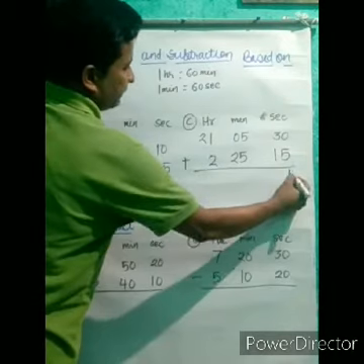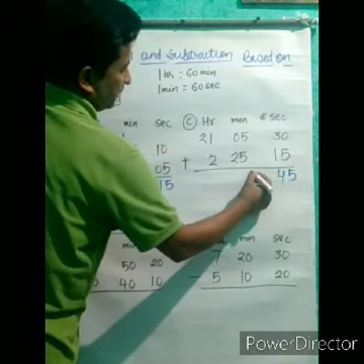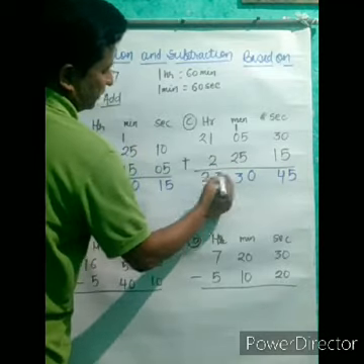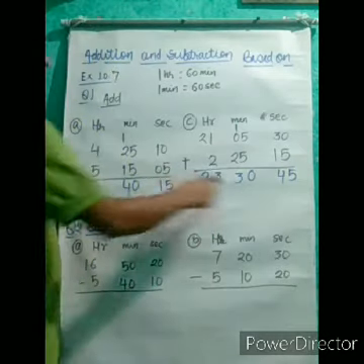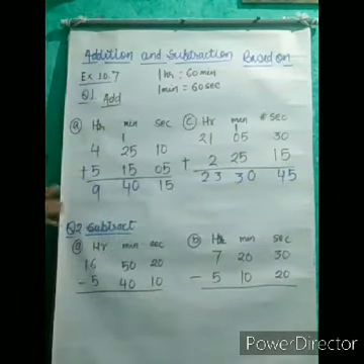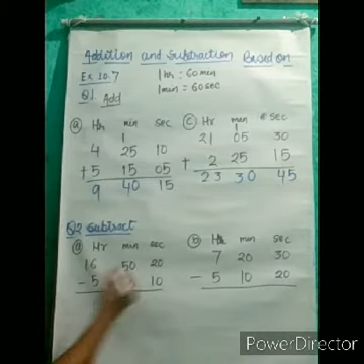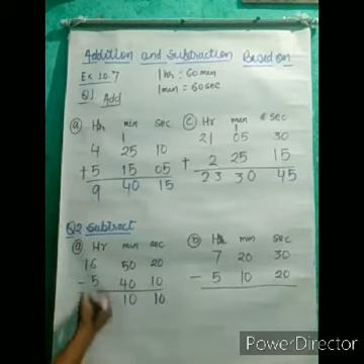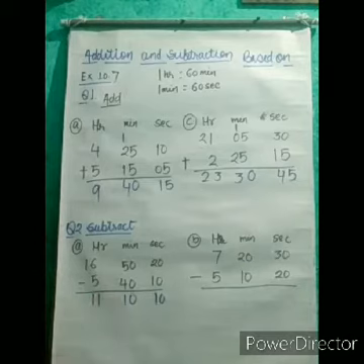Here also you can do 5, 4, 0, 1 carry, 3, 3, 2. In this case also, if you watch, the minutes and seconds are less than 60, so no need of doing any divide. Now here subtract, this one is also easy. 20 minus 10 is 10, 50 minus 40 is 10, and here you can subtract it, 11. In this case also, the minutes and seconds are less than 60.